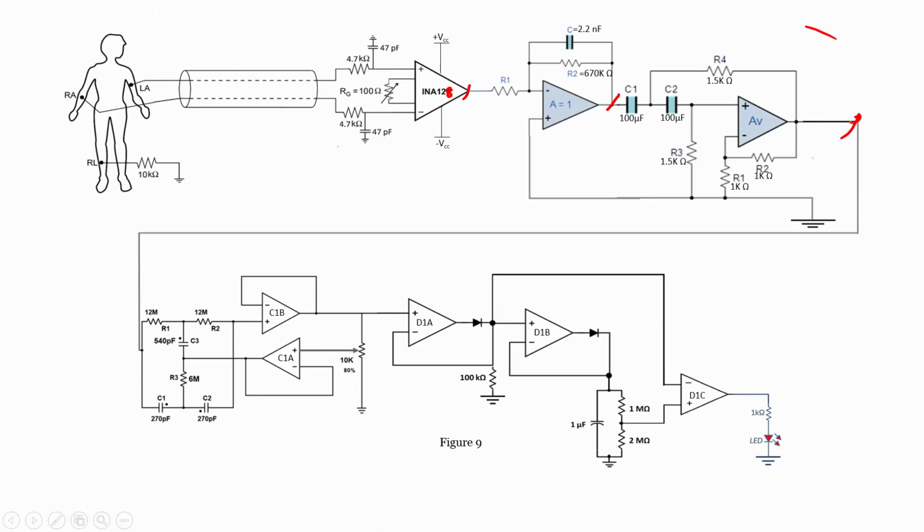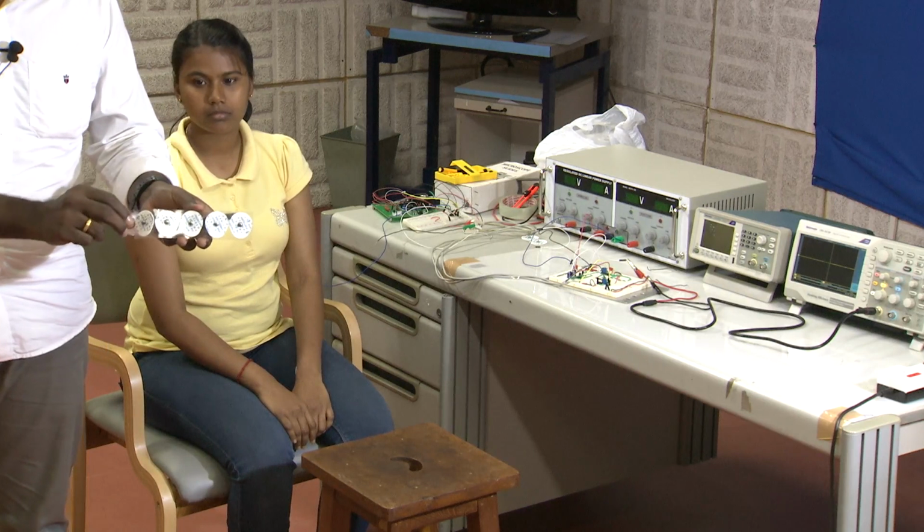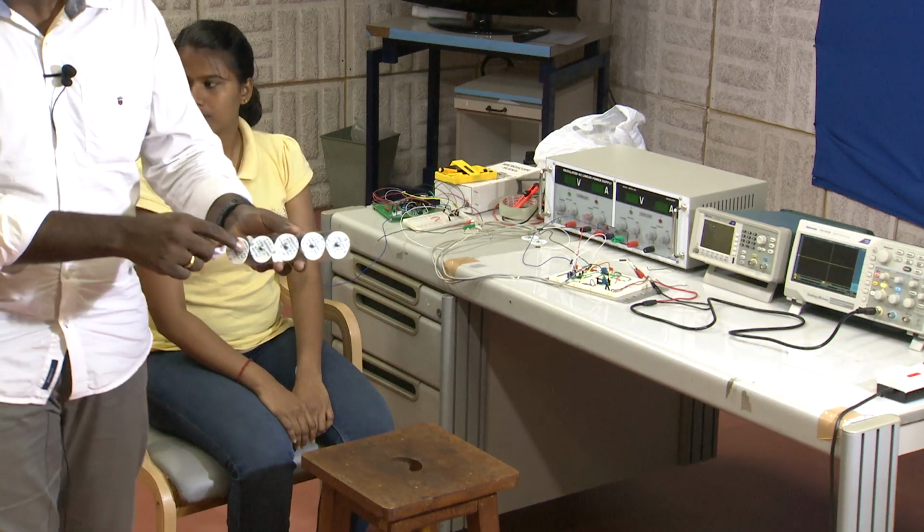So, in order to connect the electronic circuit to the subject, we require some electrodes. We are going to use some ECG patch electrodes which are available in the market. Let me take out the ECG patch electrodes. So, these are our ECG patch electrodes, if you see that, right.